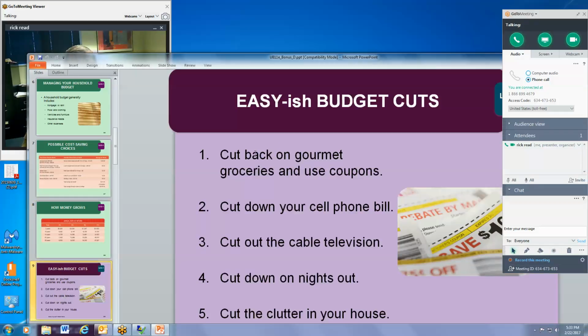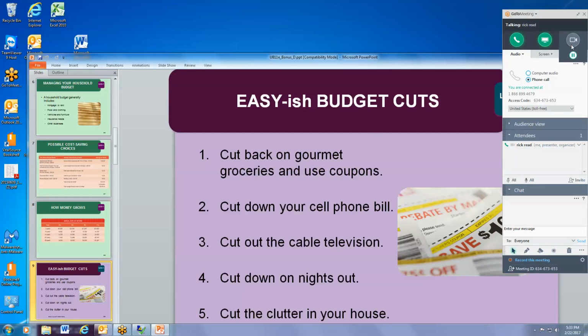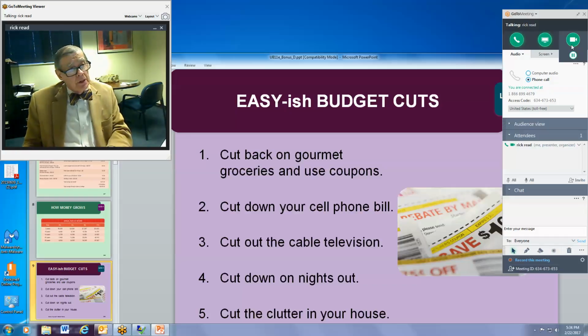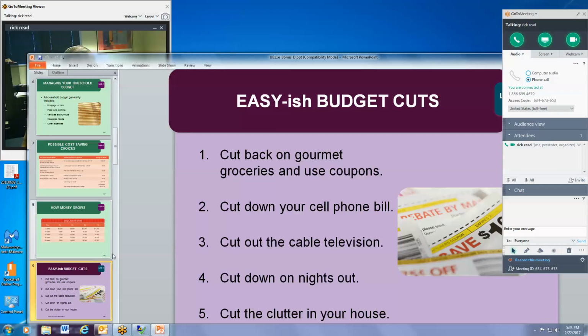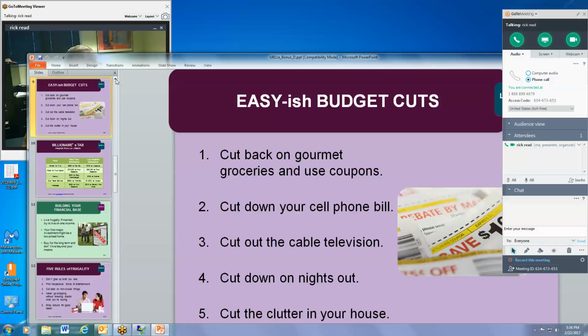This particular slide just gives you easy budget cuts, and I don't want to go down this road because this is negative. It's just cutting down. Really, instead of saying, hey, what can we do that would substitute for this, think about different ways of stretching our dollars, as opposed to let's cut back on this and let's cut back on that. Let's cut back on something else.